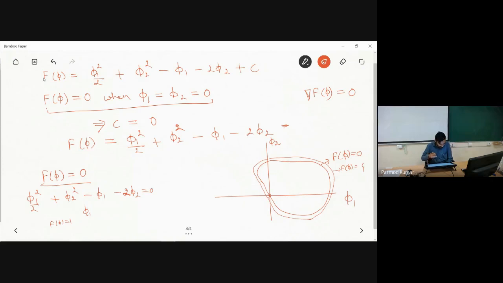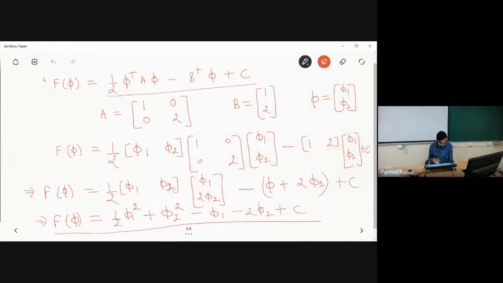Now, what will I be considering? Say this point over here where f of phi is equal to 0, at which phi1 is equal to phi2 is equal to 0. Let me consider that this is actually the initial guess. If this is the initial guess, can you tell me what our converged solution is? This is a simple example. What will be the value of phi1 and phi2 if you solve this system of equations?